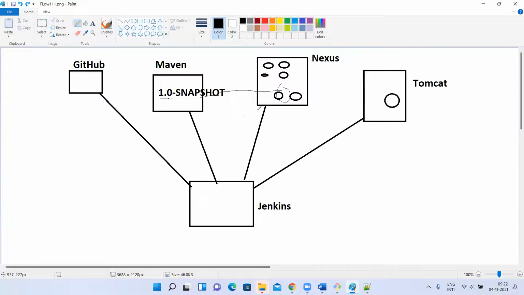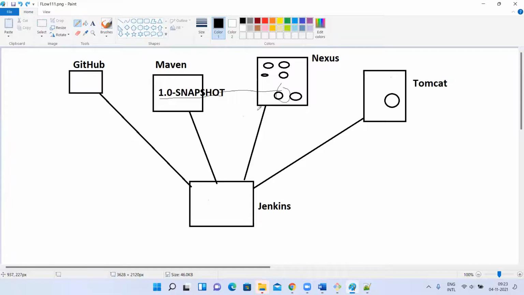Maybe Nexus plugin we have to add, sir. Hey, don't tell Nexus plugin. I'll kill you. I explained. You no need of plugin. Directly you can upload from Maven itself, right? So that deploy through plugin, that is a different way. But this way, you tell me what. In Jenkins we are giving clean package as a goal. There deploy we have to give. Okay, that's it. Is that enough?